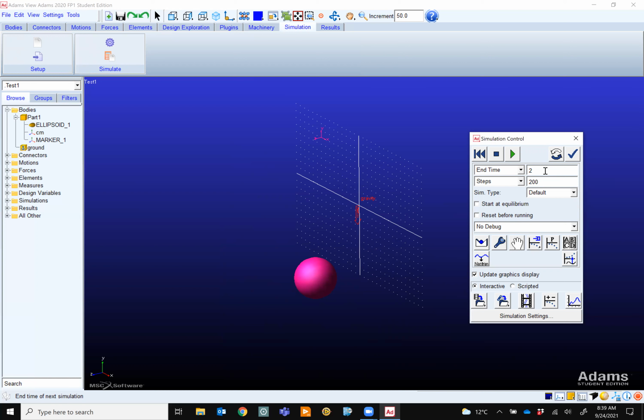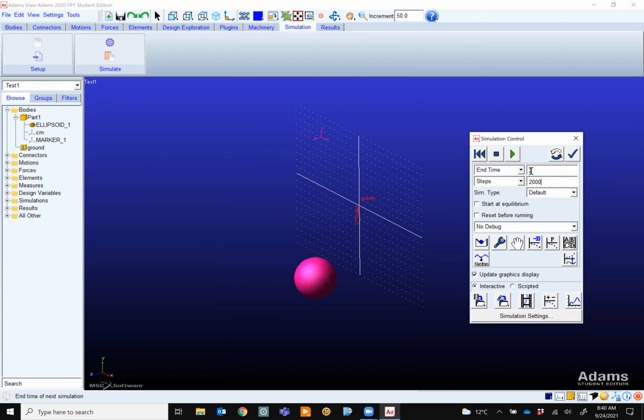So obviously, the bigger this number, the more accurate the result, right? Remember, it's a numerical solution. It's more like when you do finite element or other things: the smaller the steps are, the more accurate. However, it needs a lot of CPU. So I suggest, when you build a mechanism, at the beginning you don't need to go with crazy steps. But let's say you're happy with your model, everything is finalized. Now you want the final results, and you don't mind running the program for 1 hour, 2 hours. So you select a very large number of steps. As a rule of thumb, stick with 1,000 steps per second for now.